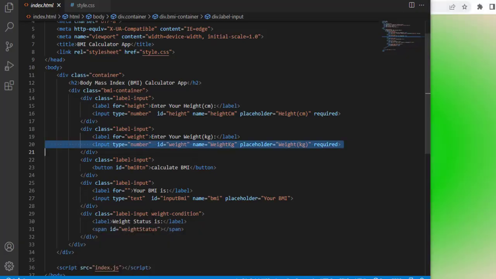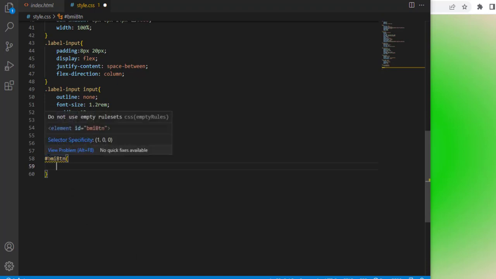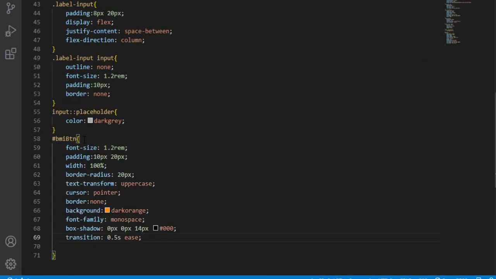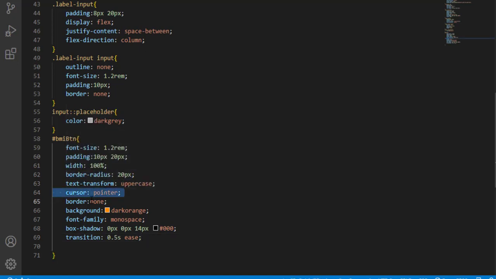So to do this, it's better to use this ID selector right here to style in a different way, right? So we have an ID selector BMI btn. Copy this and paste right here. While using the ID selector, the ID value should be preceded by a hash symbol, right? Instead of a period, it should be preceded by a hash mark right here. So BMI btn, font size 1.2 rem, padding 10 pixels from top and bottom, 20 pixels from left and right,